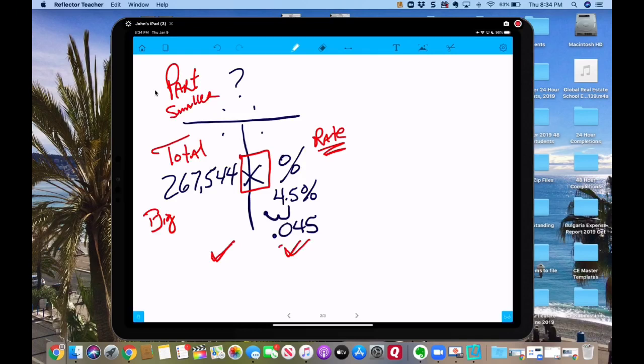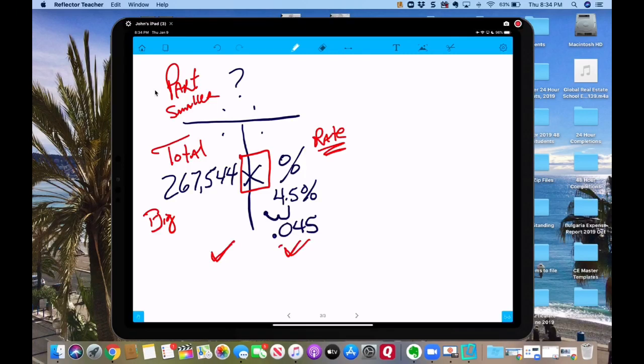Well, what we're doing here is we're taking the loan balance times the interest rate, and we will get the annual interest that you would pay on this property. So for April, 267,544, and our math tells us to do what? Multiply. So I'm going to do times 0.045, and that gives you